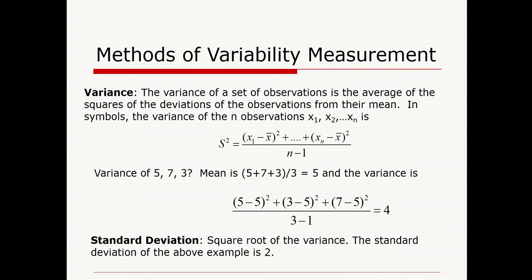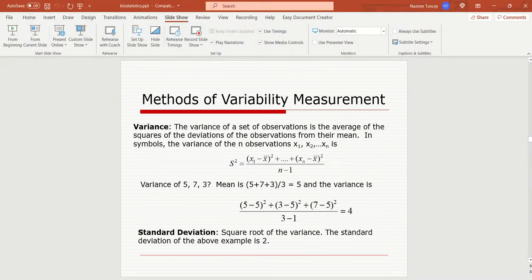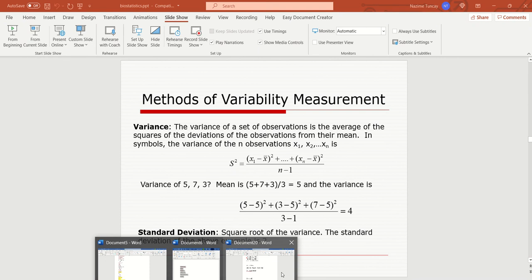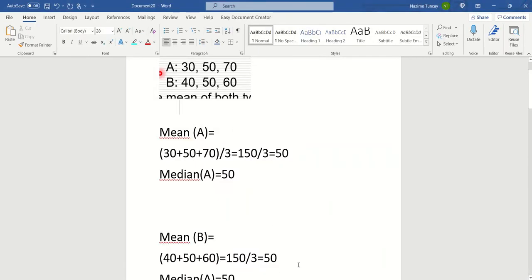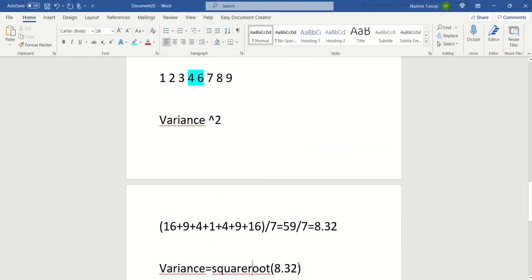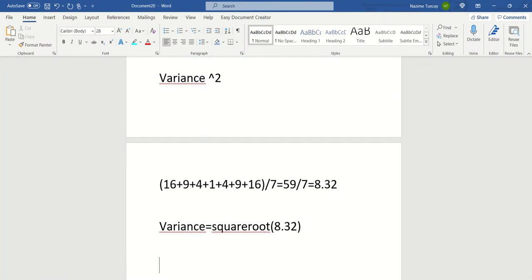So we take the square root of the variance, which is 8.32, to find the standard deviation. Okay, any questions? No? Okay, so